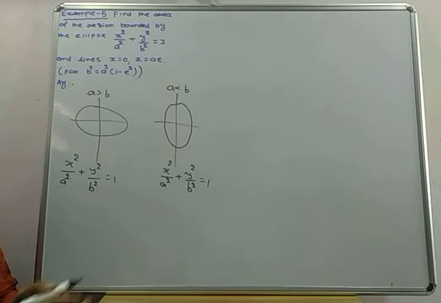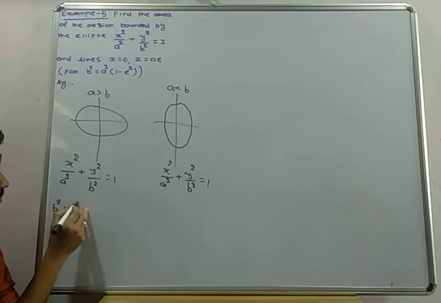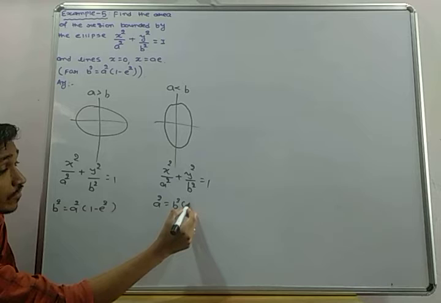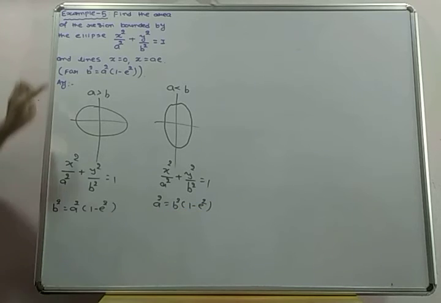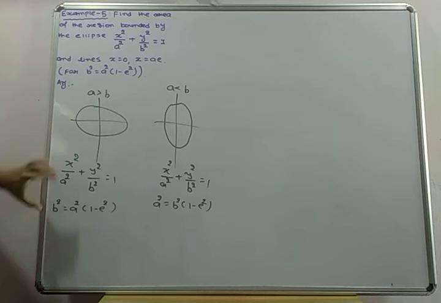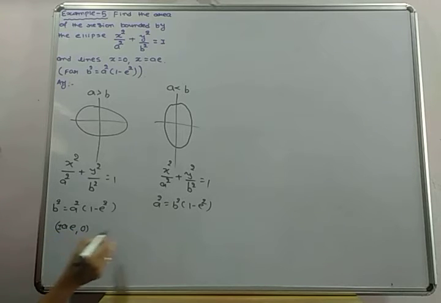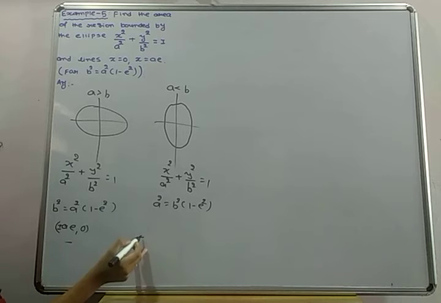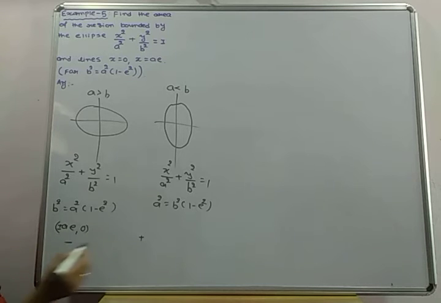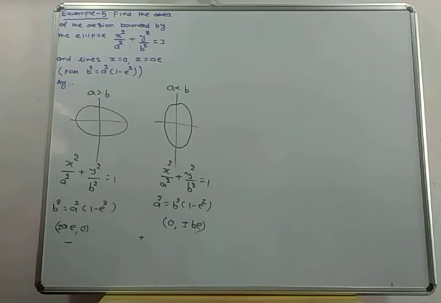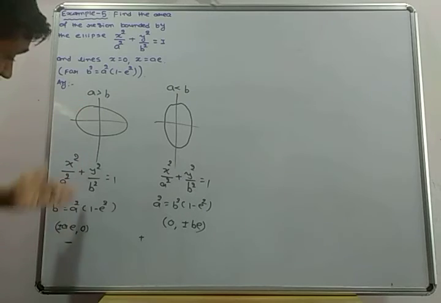So from the eccentricity formula we can decide our diagram. Like here eccentricity formula b square equal to a square 1 minus e square, and here eccentricity formula a square equal to b square and 1 minus e square. So here given for the b square equal to a square 1 minus e square, it means according to case number 1. And here foci is plus or minus ae, 0, it means right side ae, 0, left side minus ae, 0, and here foci is 0 plus or minus be. Okay, चलो तो अब हमें फॉलो क्या करना है दिस डायग्राम.